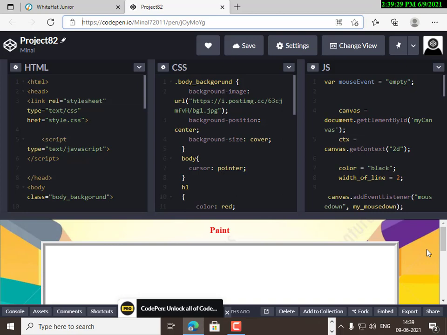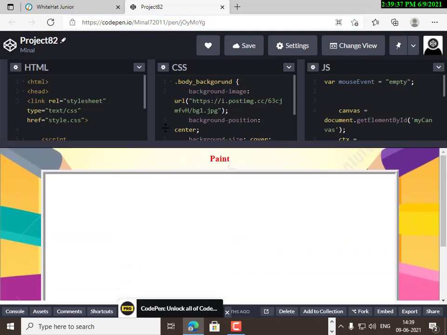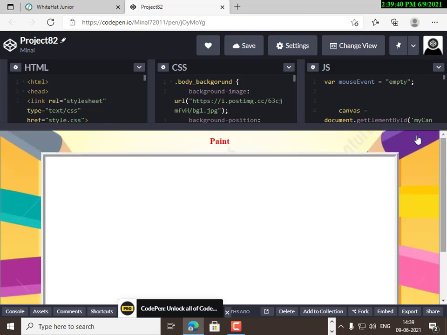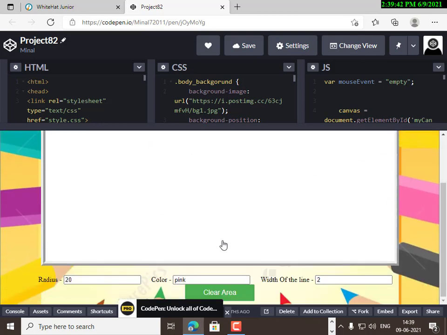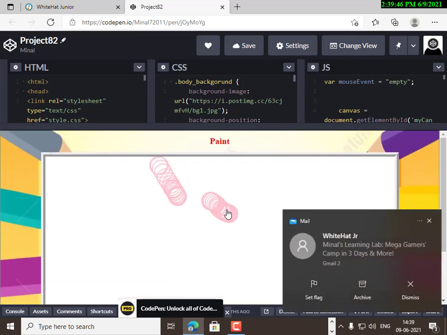I'm your Coda friend Minal, and today I'm gonna tell you how to do project 82 of White Hat Junior. So in this project we have to make a web page. Like there will be a plain area, and when we click here the circles will be painted,